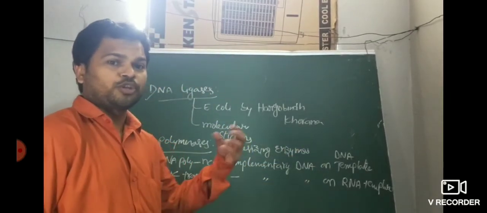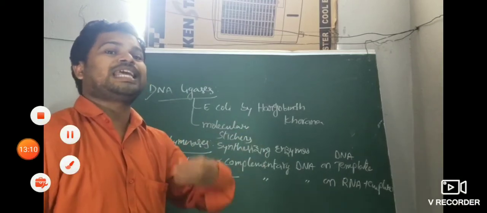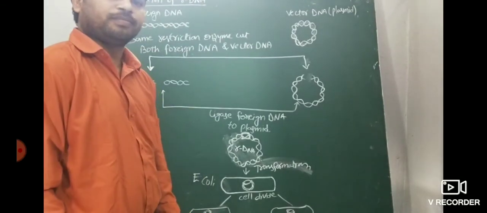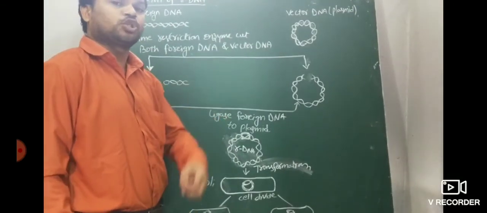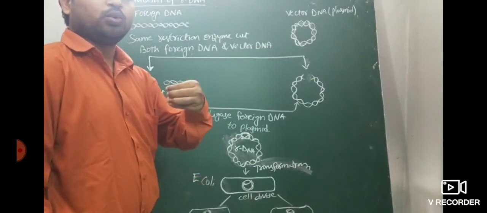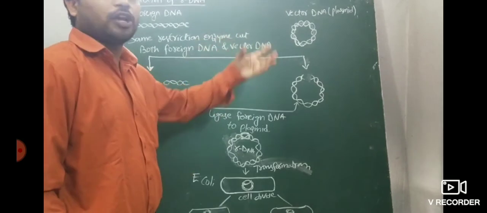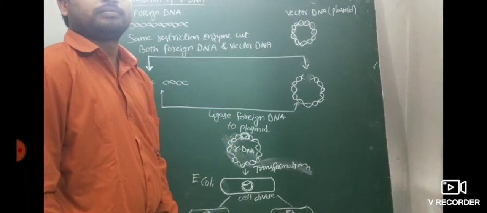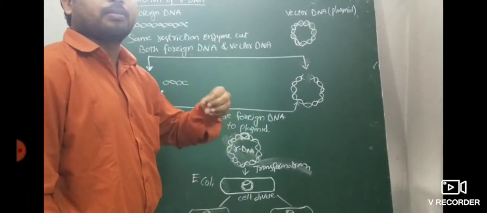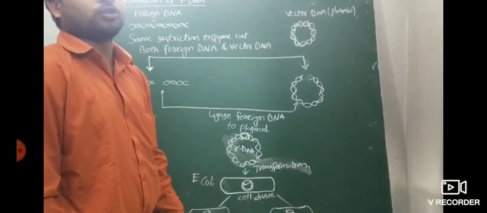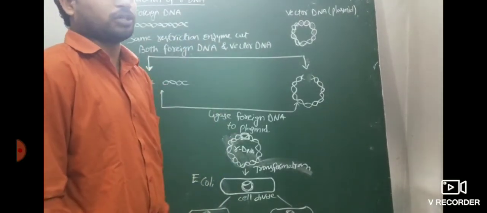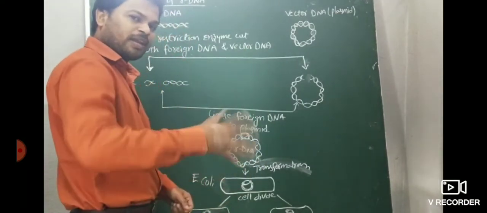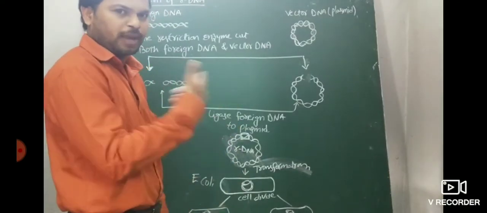The next concept we are going to discuss is the production of rDNA, recombinant DNA. How might they ask this? Can you draw the diagram? Production of recombinant DNA is a 5-mark question: a diagrammatic representation, or briefly write about the production of recombinant DNA. Both are correct, so these are likely questions. If they ask only for a diagram, you need to draw the diagram up to here. If they ask briefly, then some explanation also.